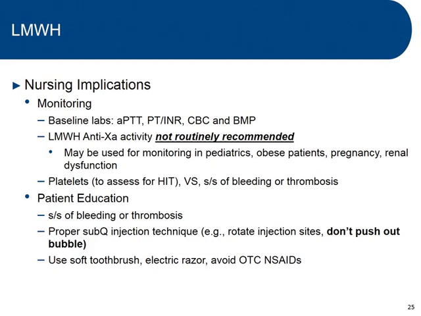So we're going to look at a baseline APTT, a baseline PT/INR, baseline CBC, especially looking at hemoglobin, hematocrit, and platelets, and also the BMP. BMP is especially important for low molecular weight heparin because this drug is cleared through the kidneys and does require dose adjustment for kidney dysfunction, even mild to moderate kidney dysfunction. So it's very important to obtain the basic metabolic panel to make sure that the dosing is